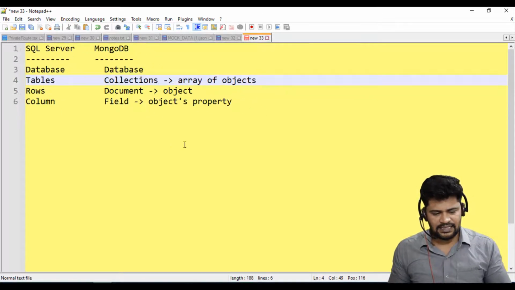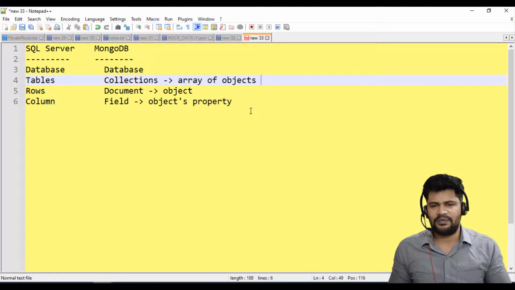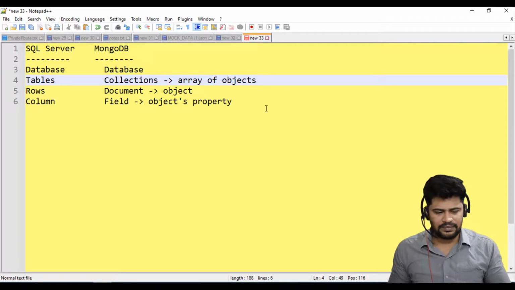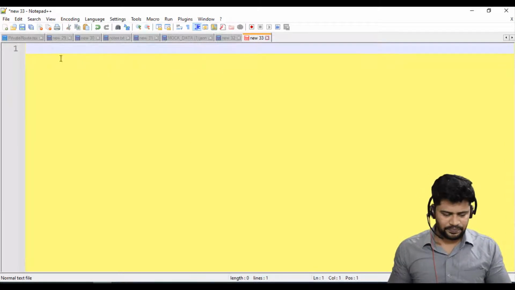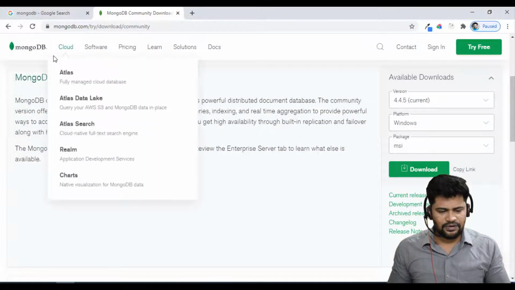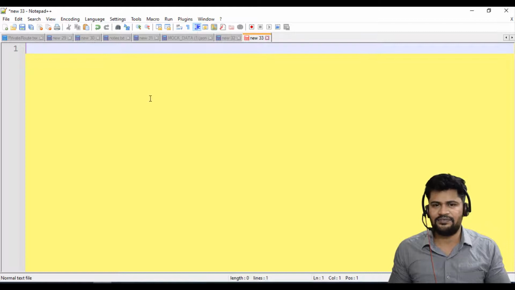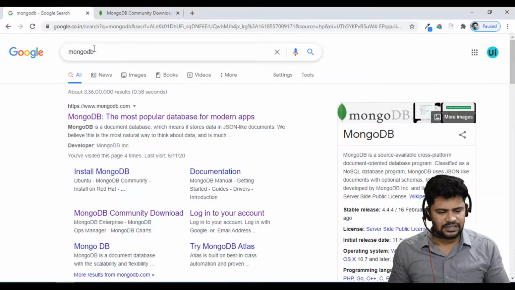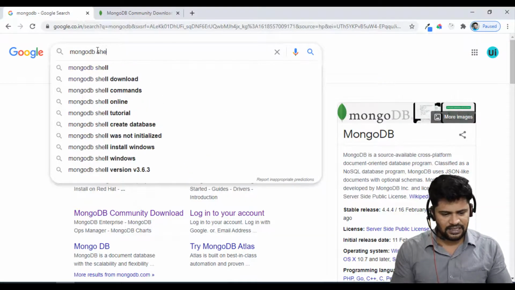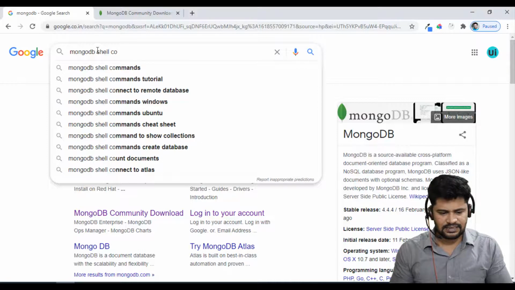So now let's understand the basic operations with MongoDB. You need to know a few commands. If you want to know the shell commands of MongoDB, you can just do a Google search for MongoDB shell commands.